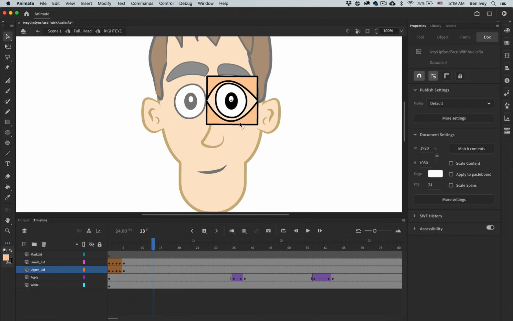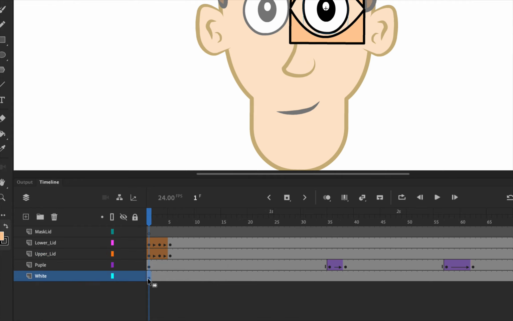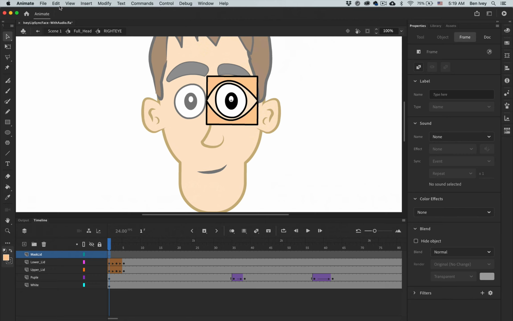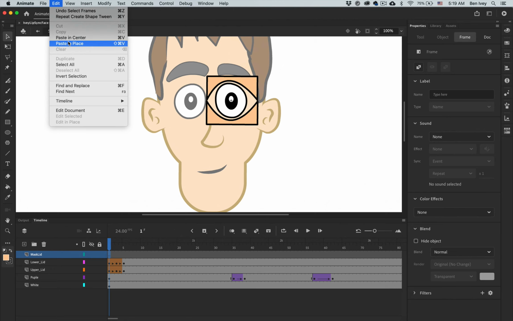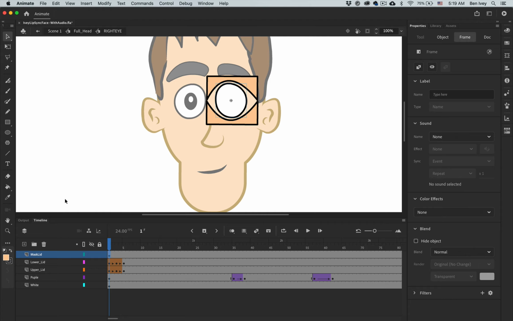The final thing we need to do is to mask off both of our lids. In order to do this, we want it to be the same size, shape, and position as the white of your eye. So going back to frame 1, I'm going to select the white of my eye, we'll copy it, and then go up to our mask layer and let's paste it in the same spot. We'll go up to Edit, Paste in Place,